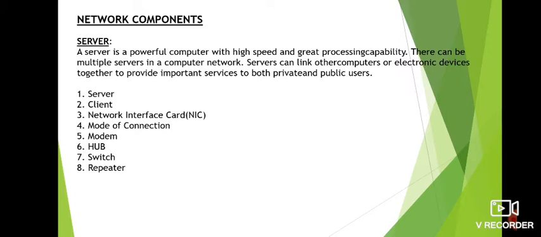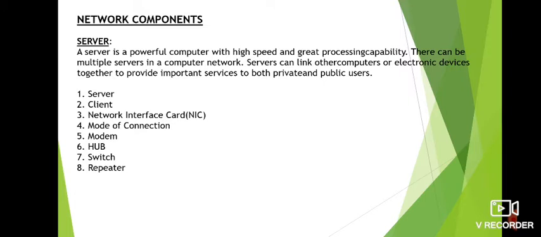Modulator means, as we all know, our machine or our computer or any electronic device only understands digital signals, but whatever signal travels from a satellite is in analog form. So for this, we need a device to receive that analog signal and convert it into digital form for establishing the communication. And that device is modem. That is why I told you modem is known as modulator and demodulator.